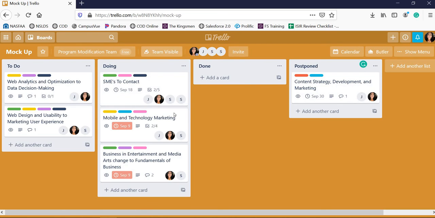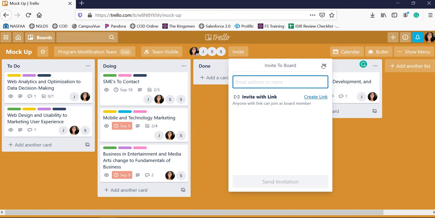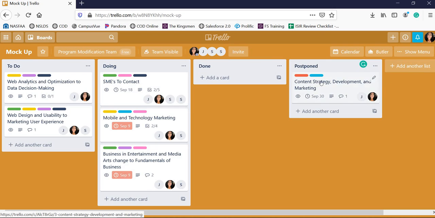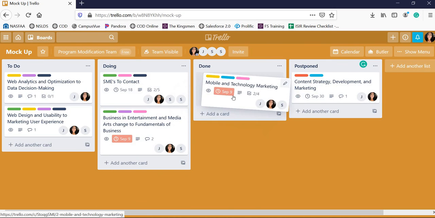And another feature that I really liked about it was that we can invite individuals. So I just went ahead and I created some fake individuals for this team here, and you can add or remove them to tasks. So for example, if these two individuals are having a hard time meeting a deadline, we can go ahead and have Johnny come in and help us with this particular task. We can create additional lists, and another feature that I really liked, which I found very helpful,